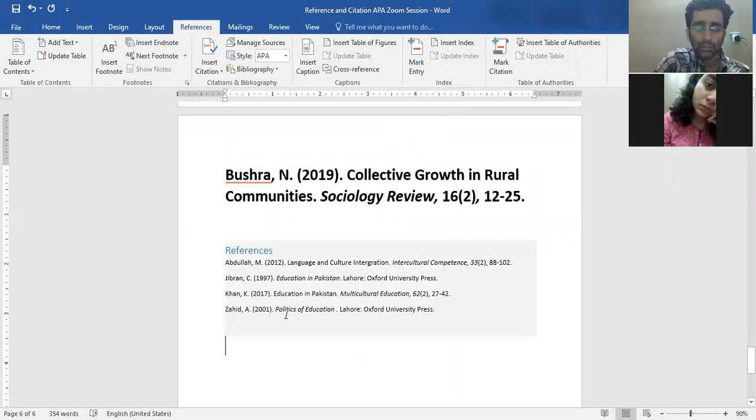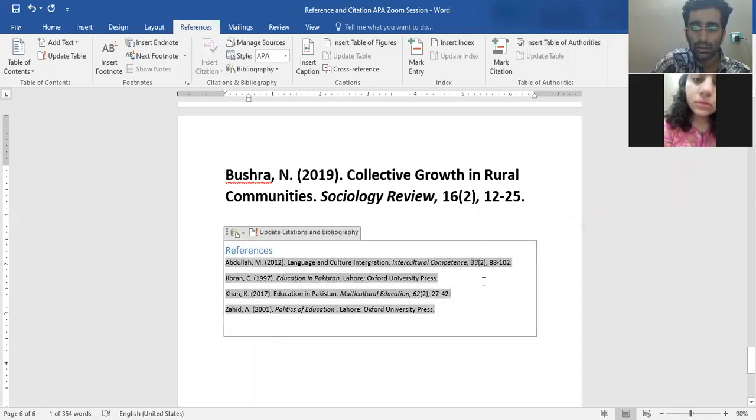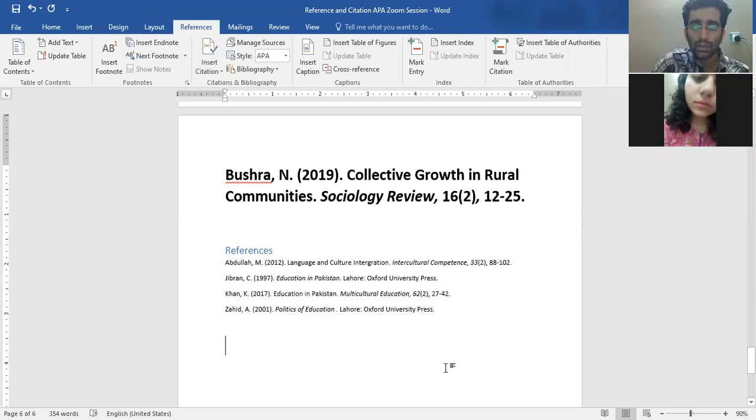I mean, although we have learned that the title of the article is in italics and book title is in italics, this is volume number, yeah, this is volume number, this is issue number. But this time around, even if you miss this information, Word does it automatically for you guys.